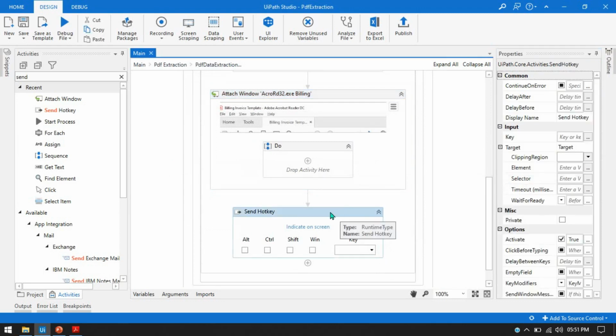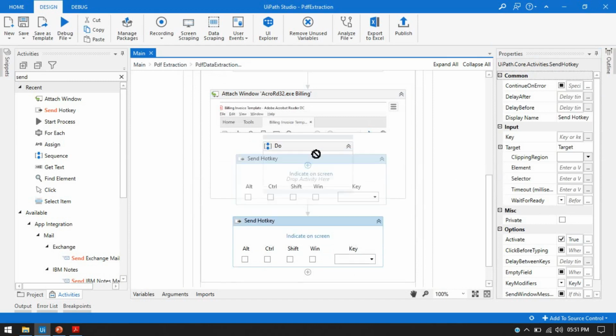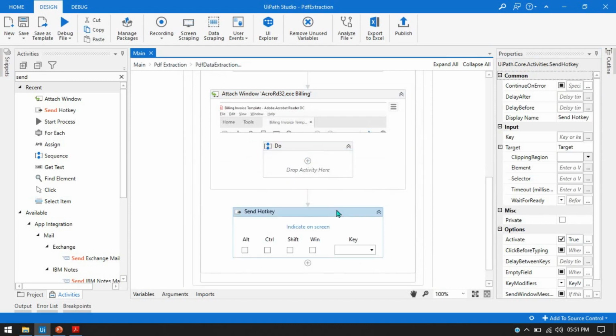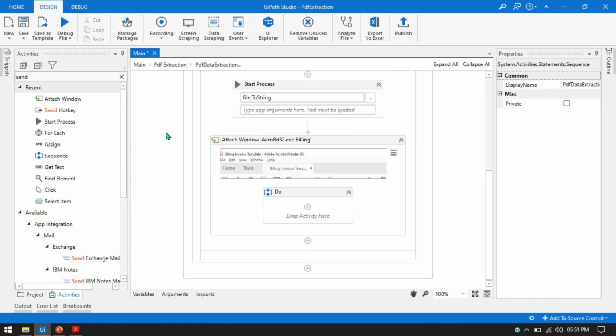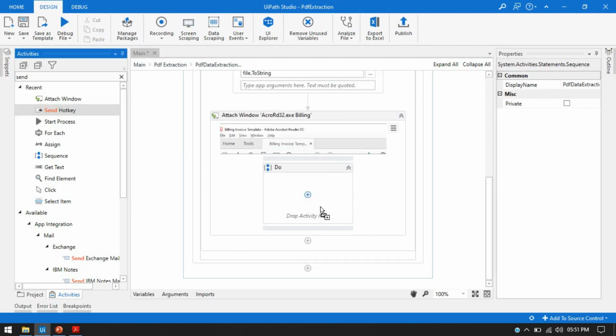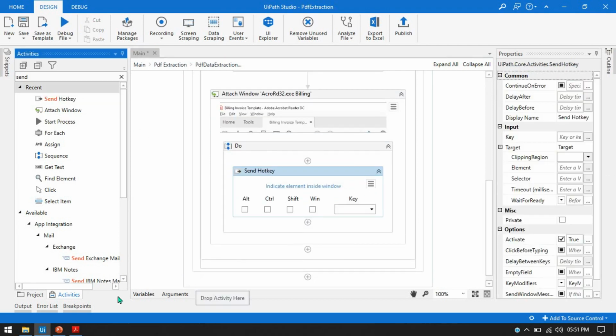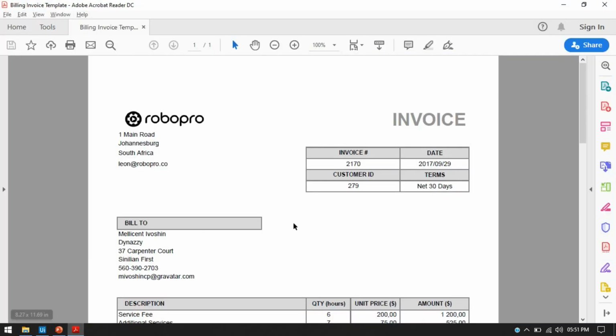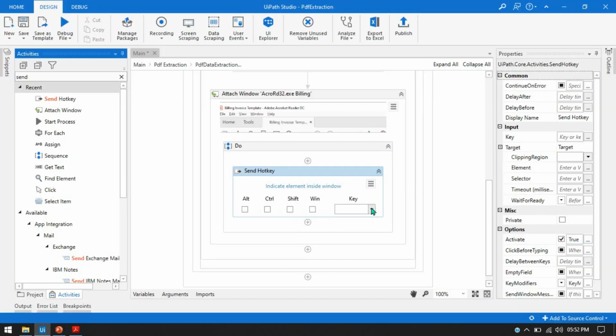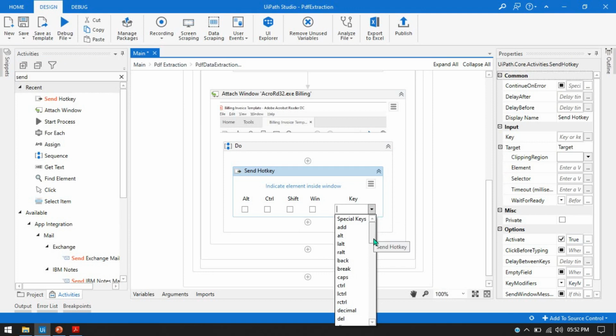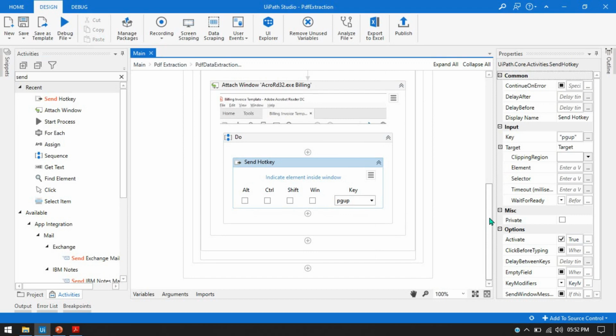Now we can move this send hotkey into the do section, because after attaching this window, what we need to do is send the hotkey to this PDF file, and the key we will send is page up. So page up we'll take from here, page up, and then after sending the page up,